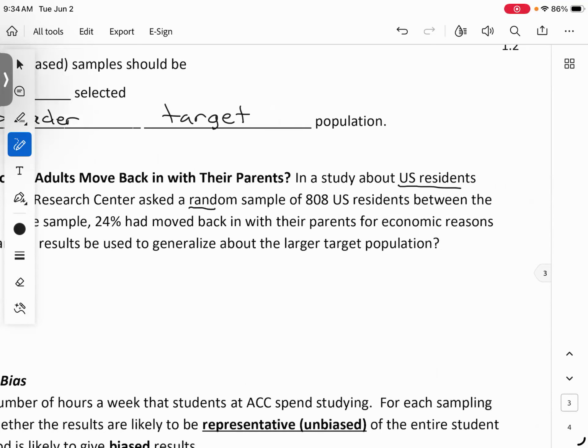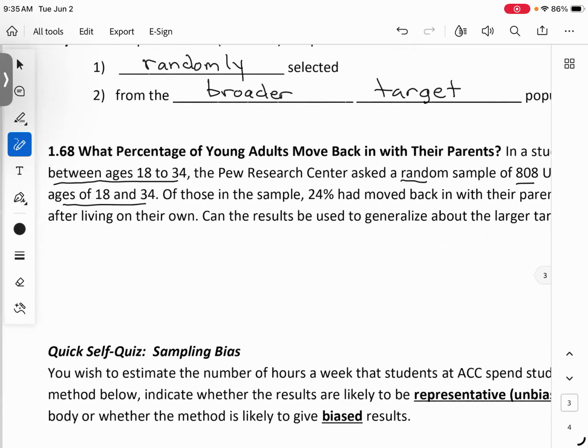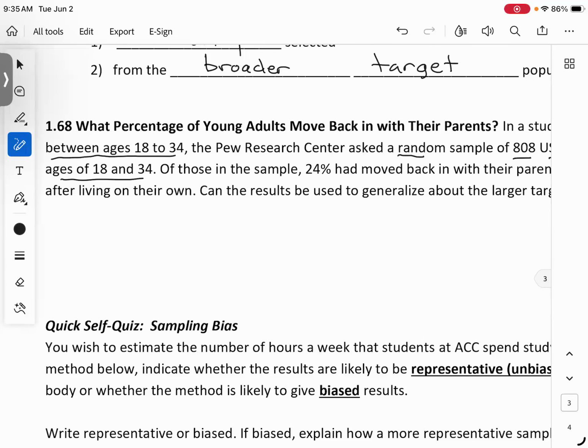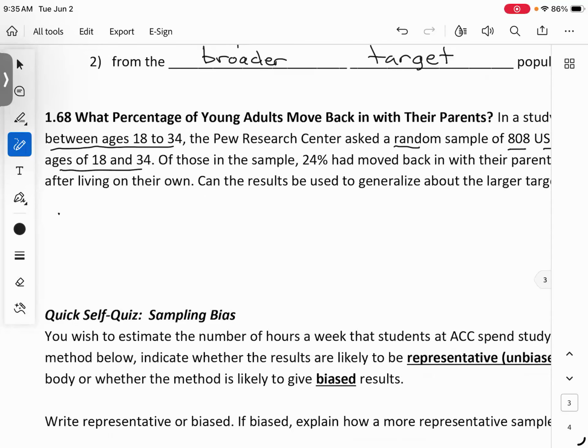They did a random sample of 808 U.S. residents, but check it out, that were between 18 and 34. So they're being very specific here about who their target was and how they selected those individuals. So the big question is, can the results be used to generalize to the bigger population? Again, just trying to really hammer this home: yes, this is good. The results are probably pretty accurate, not perfect, but probably pretty accurate, because yes,